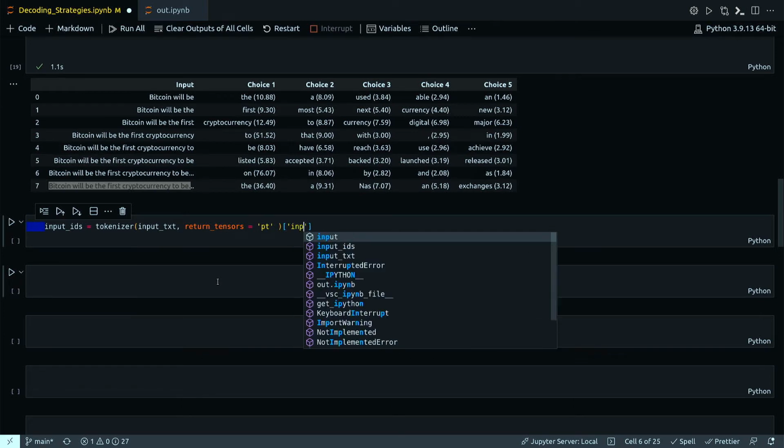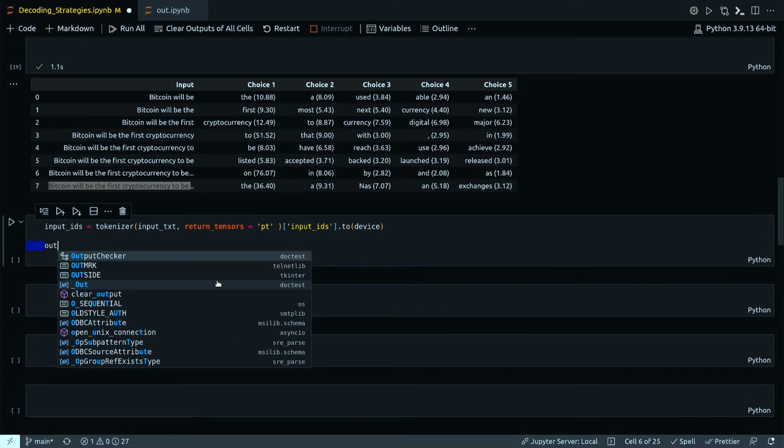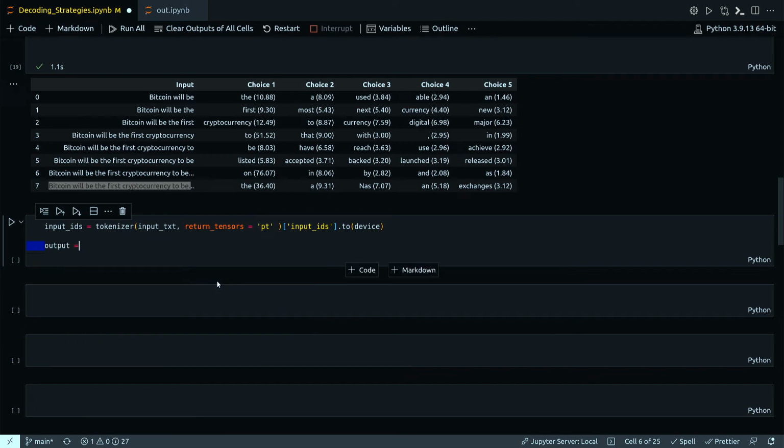I take the input IDs, and now the important part, output here will be